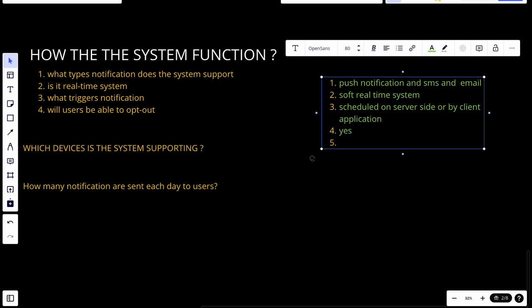Which devices is the system supporting? We'll say that iOS, Android, and we will say